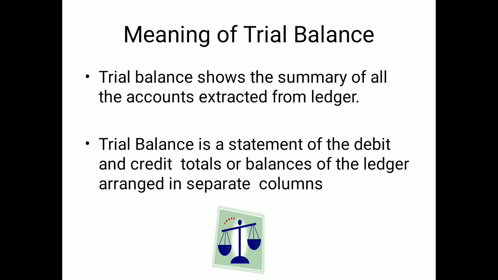Every transaction, every account will come to the trial balance from the ledger. Out of the rules of debit and credit, having the balance, it will come to the trial balance. So no one gives the weightage to revenue will not go, expense will not go. Every item of the five rules will be listed here. Trial balance is a statement of debit and credit totals, or maybe the statement of the debit and credit balance of the ledger arranged in the separate account.